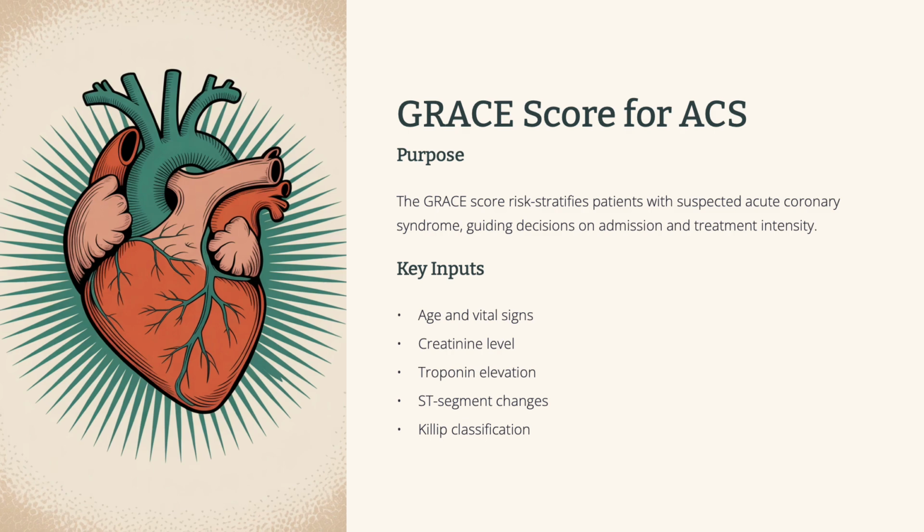Okay, so the GRACE score helps predict how risky the situation is. Exactly. It takes into account things like age, heart rate, blood pressure, some blood test results, and the severity of their symptoms, all that stuff to give us a more precise risk assessment. That sounds incredibly useful for making treatment decisions. It is. So speaking of treatment, how do we actually help patients with angina?